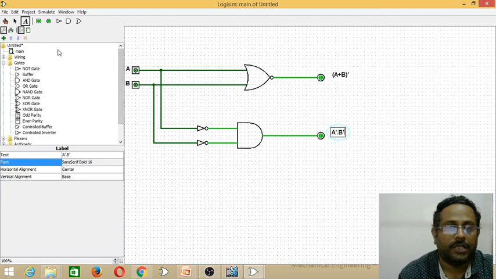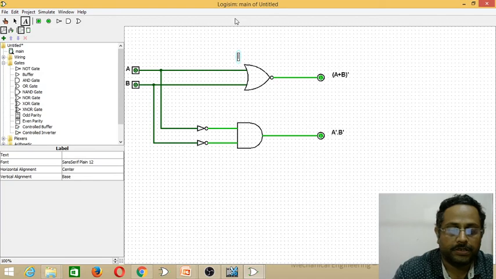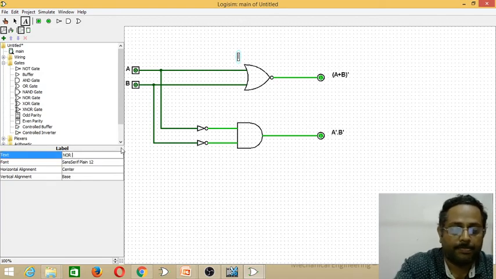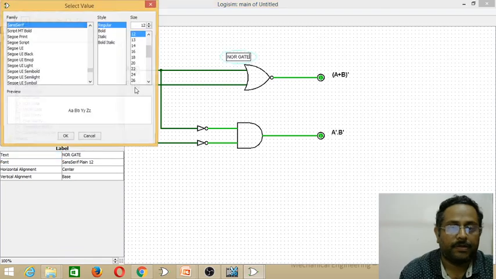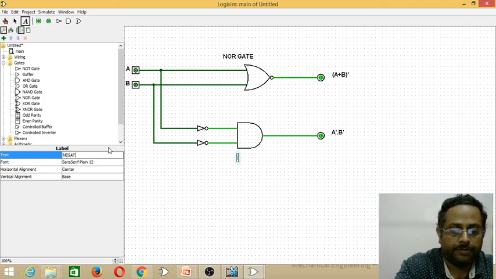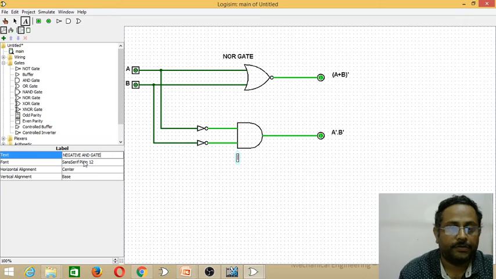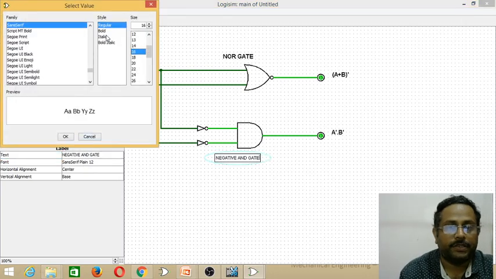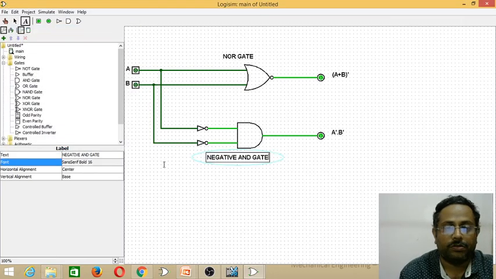And then label the gate components. This is the NOR gate. Negative AND gate, make it 16 bold, OK.